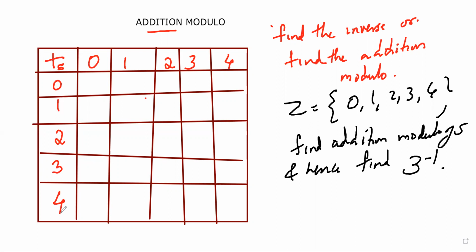Okay, up to this is very easy, right? It's actually very easy to fill the table. So now, if I want to find the addition modulo of 5, how will I fill this particular block? Addition modulo of 5 in the sense it will be 0 plus 0 by 5. So what is 0 by 5 answer? Or what is the remainder?